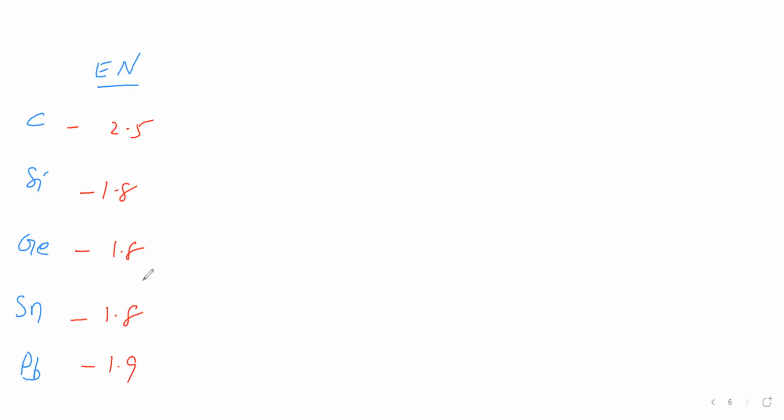Okay, then we'll see density of these elements. Density of carbon is 3.51 gram per cc. Then silicon 2.34, germanium 5.32, tin 7.26, then lead 11.34. So how the density is, it is like this. From silicon to